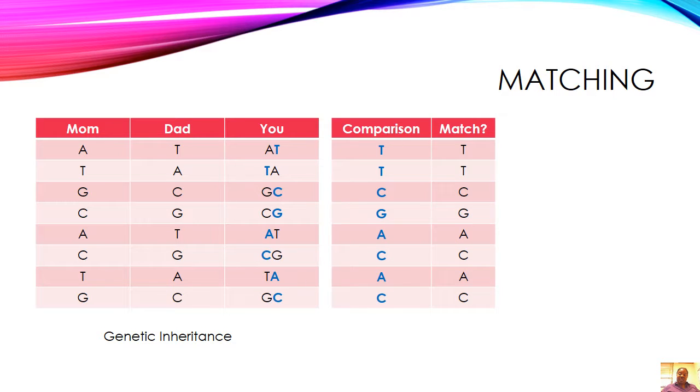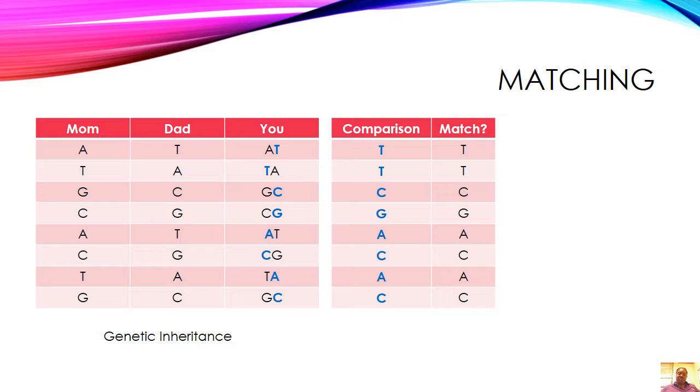What the machine does as it reads the DNA from the commercial companies is it will zigzag along the genome, reading at particular points without really taking into consideration which pair is being read first. And so sometimes the variant from the mom is read first, and sometimes the variant from the dad is read first. And so even though here, the segment is being compared to an unknown person, represented by a match with a question mark,